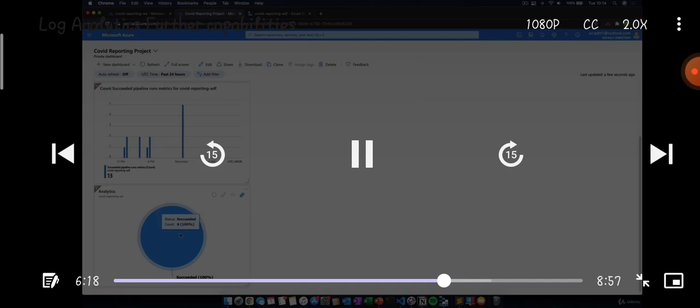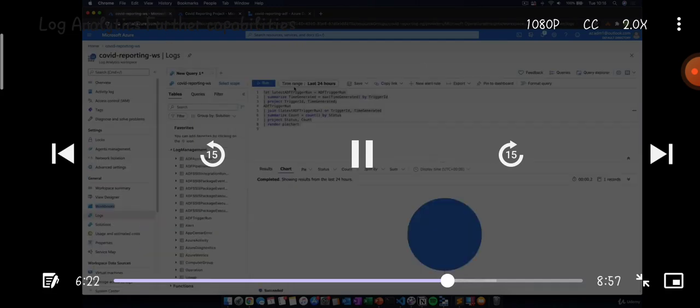This is just a simple example, but you can create complex queries. You can join your triggers to pipelines, and you can even report on your trigger names. So let's do that quickly. Here we've reported on the status, but let's try and report it on the trigger name. So let's do trigger name, and if you just replace that here,